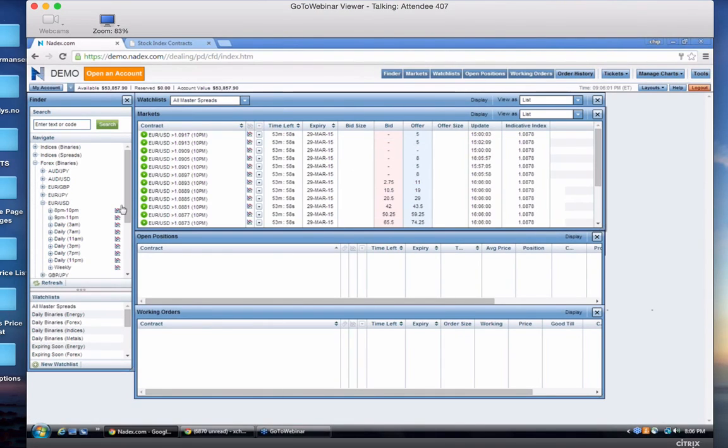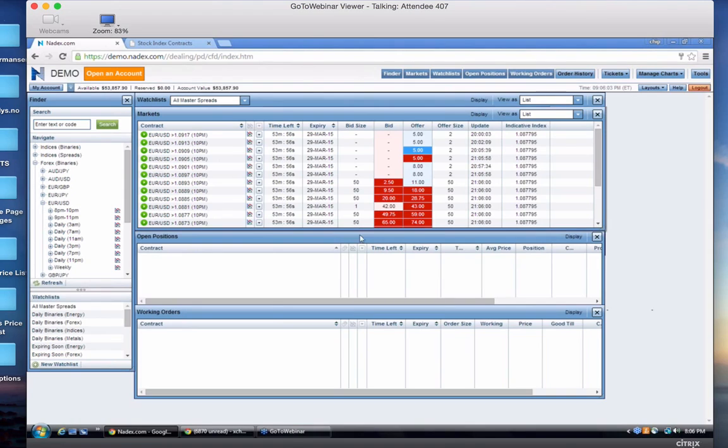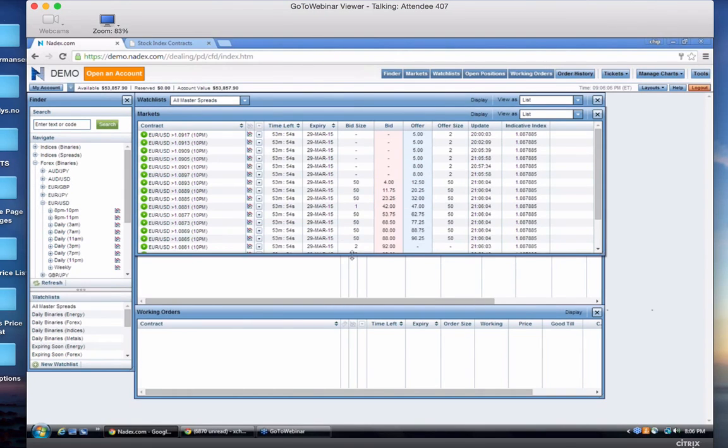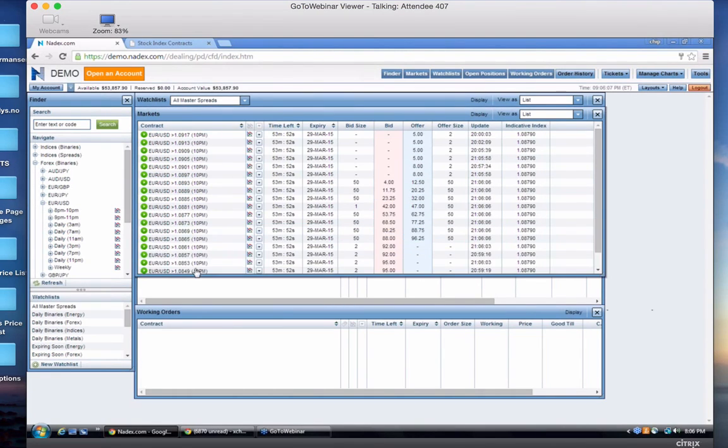So you click here, and then over to the right, if you saw that all pop up, these are all the strikes available to trade the binary. Now, our binary will have a payout at expiration of $100. It's either to the buyer or the seller. If you buy the binary, you're thinking the underlying is going to finish over the strike. If you're selling, you think no, it won't.